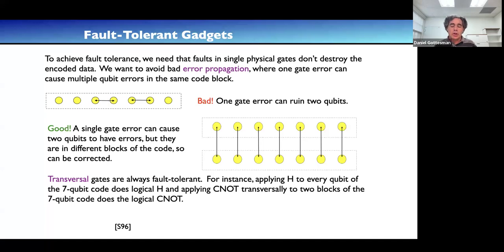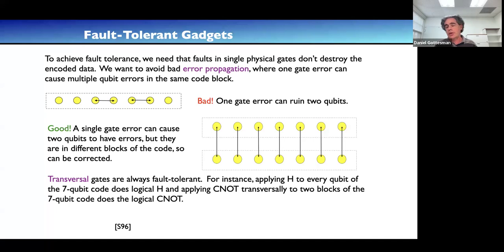And why is that a problem? Well, that means that if you have a code that's designed to correct, say, one error, and you have an error, well, you're okay. But then if you do a CNOT gate between two qubits in that code, or some other 2-qubit gate, then that error can spread along the 2-qubit gate. And now you have two errors in the code block. And two errors you don't necessarily know how to deal with in this same code. Even if you can deal with them, maybe you're less good at dealing with 2-qubit errors than with 1-qubit errors. So this is something that we have to keep under control when we design fault-tolerant protocols, or at least this is the standard approach.